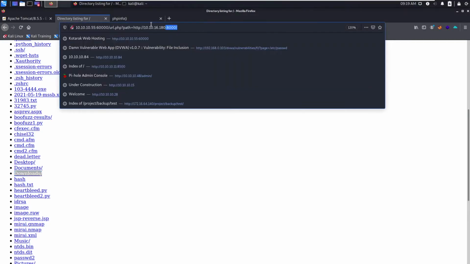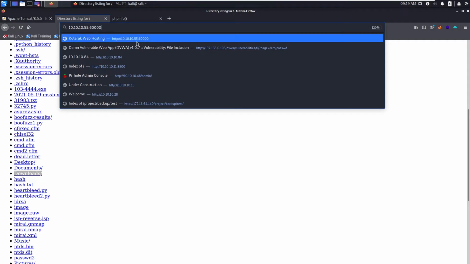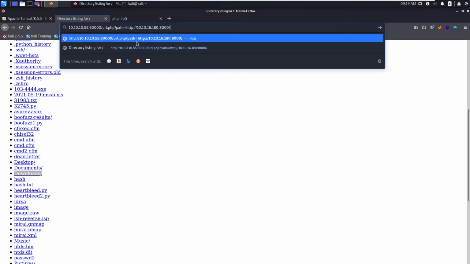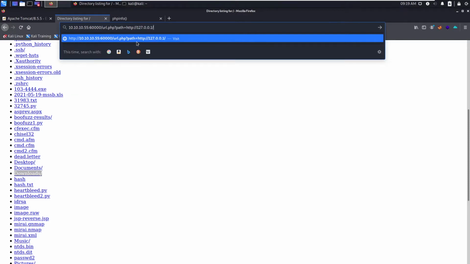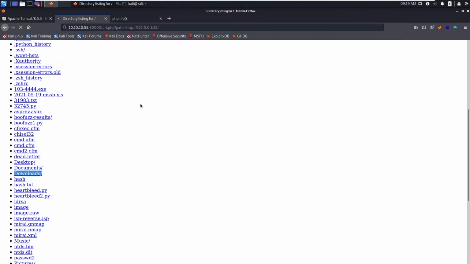Okay, now what you can do is let's try the same IP address, that is the localhost 127.0.0.1, slash, let's say port number 22, because we know that port 22 is open, right? So we should see SSH.